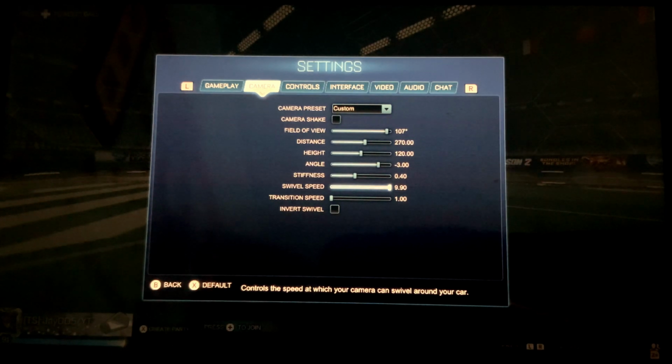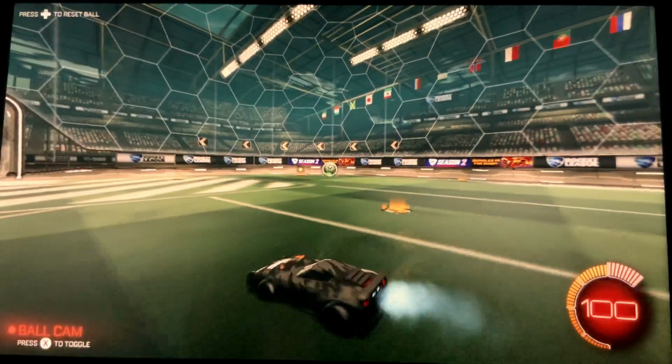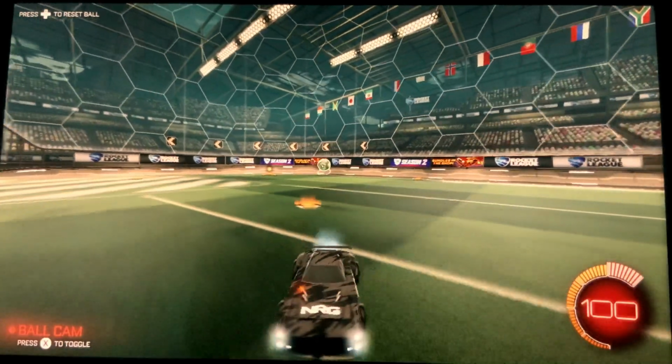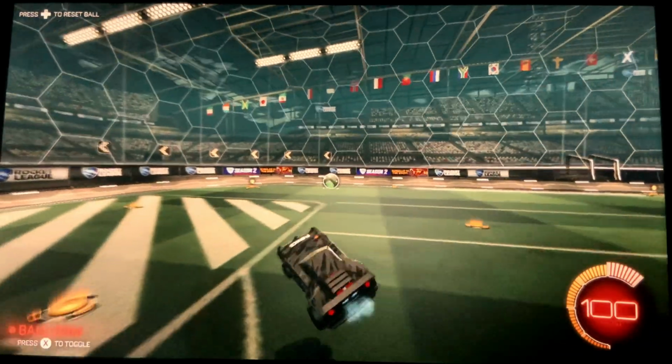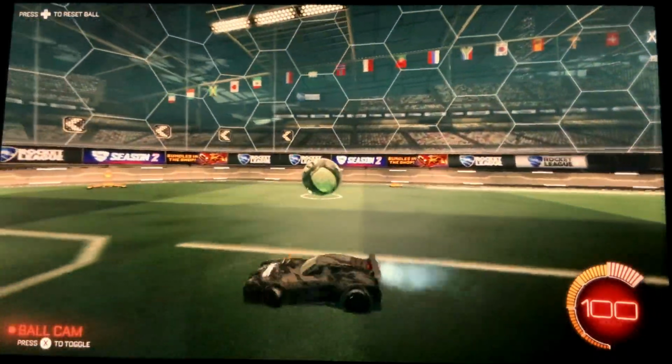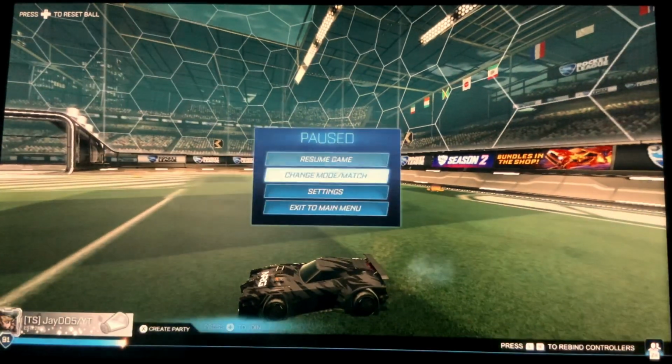So it's like, can you swivel around? Can you drift around with your car and the camera goes fast, or is it just slow? You see here, it's moving in and out. But the other one, it just stays still. So here, you can have it on whatever setting, as long as you don't have it at